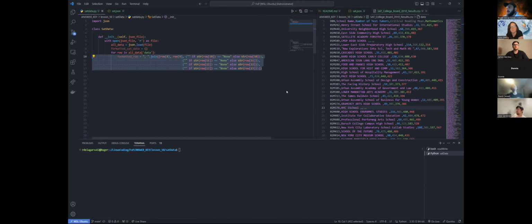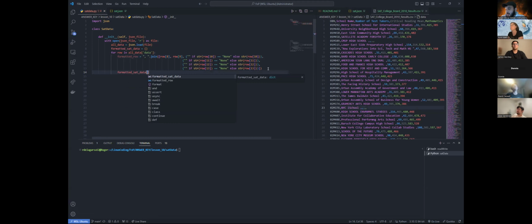Okay, all right, awesome. So that took care of my formatted row. And now what I do is I assign that to my formatted SAT data, right? So within the for loop, I'm going to go to formatted SAT data. The key is going to be row... how do I want to save this? I'll save it using the DBN. So I can save my SAT data using the row 8, the DBN, as the key, which will allow me